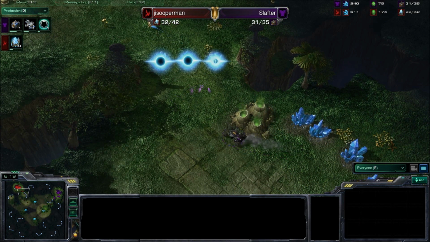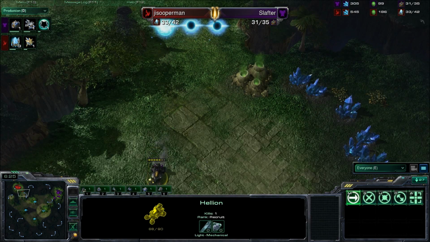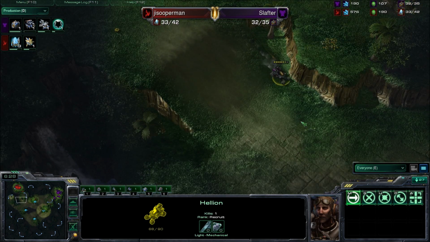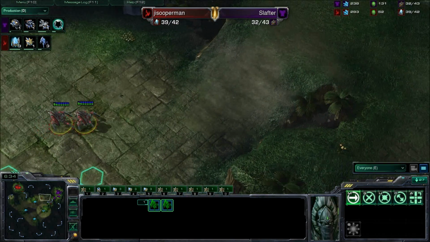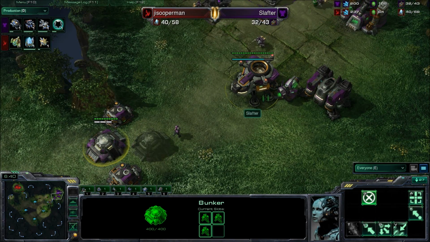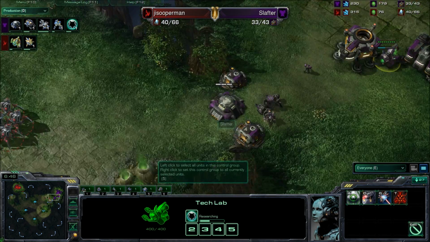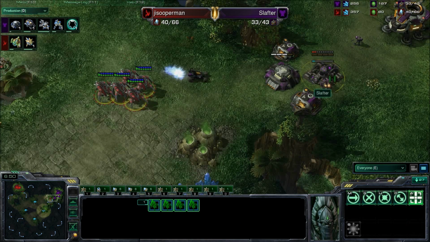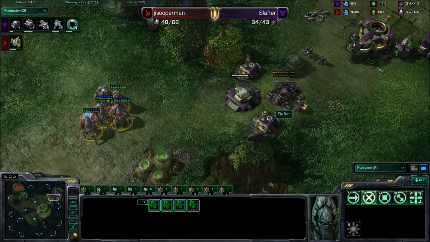It looks like the wall-in with those pylons will stop the Hellion from getting inside to be able to do any scouting. Looks like the 2 Stalkers running across the field will be able to try to poke in here and see what's going on. The starport over here with the first Banshee making, as well as the cloak coming up. Looks like the Stalkers do see what's going on over here, but he doesn't really know what's coming out, and